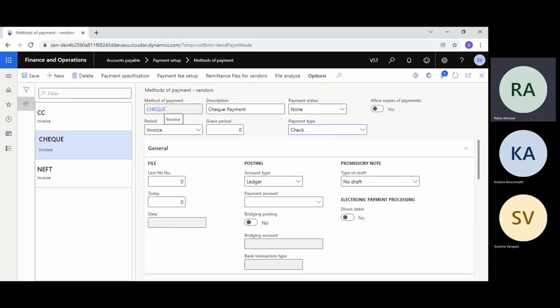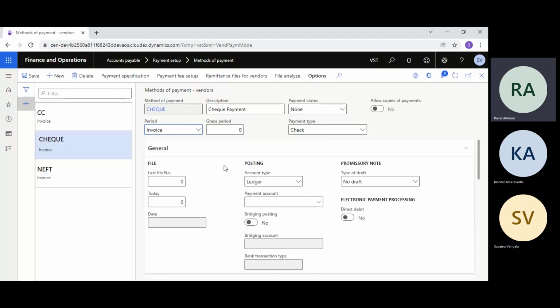Just select the period, either, just click on that. You will see total is also there. Paid week total. Okay, and sometimes invoice. So this is the period for which you are going to pay. In our payments, generally we use either invoice or total, because anyway we are going to settle the invoice at the time of payments. So you can make it invoice as of now. We'll see the difference later.